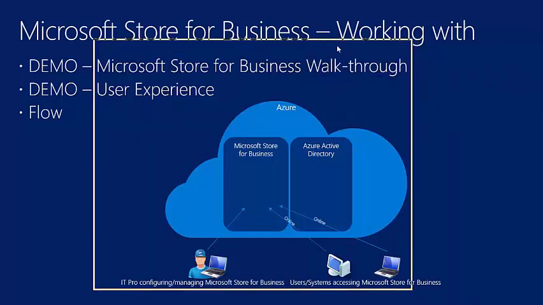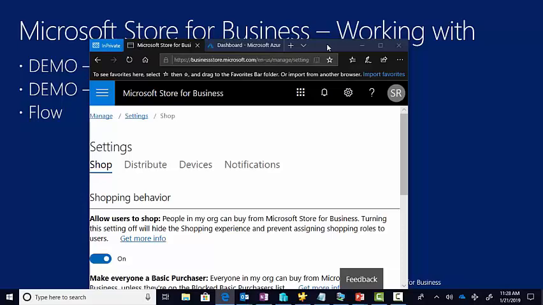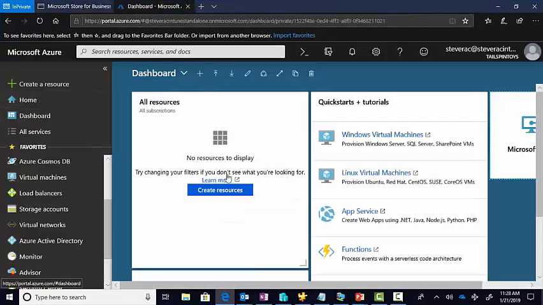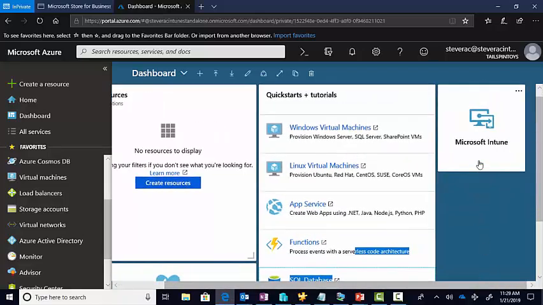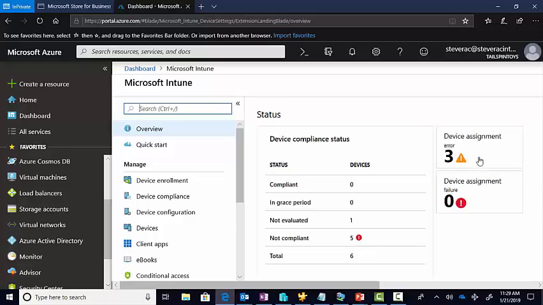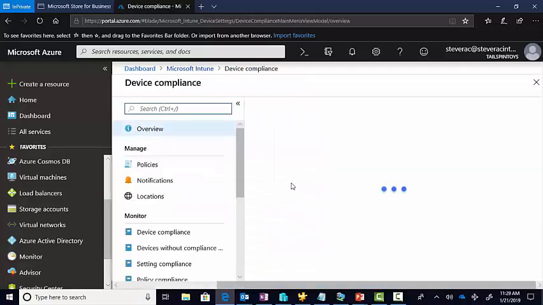So I'm going to pull back in my environment and quickly head over to Intune if I can maximize that. Here is my Azure portal, and over here is Intune. Right? So let me pop into that real quick. And this is an MDM option. I'm using Intune to configure it. So if I go over here to device compliance,